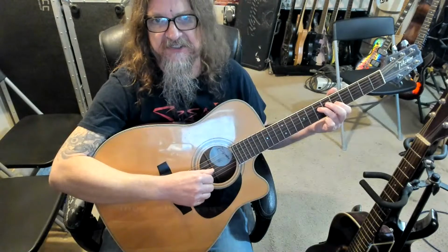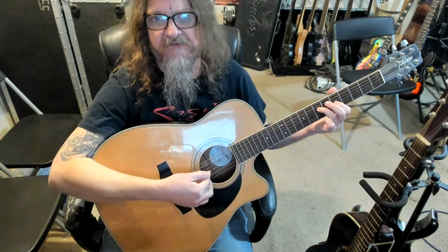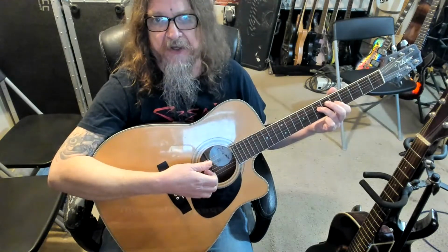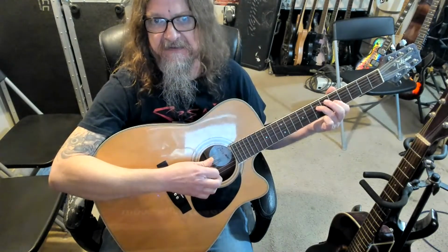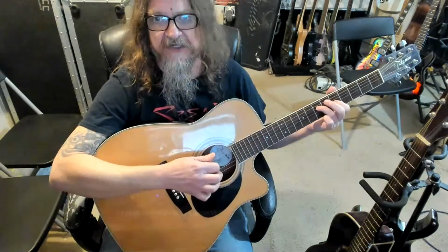So the thumb is simply picking down. And then for the G, B, and E strings where you're using your fingers, you want to just pull your finger back like this, like you're pulling a trigger. See how it's keeping my hand in place? You don't want to be doing this, because the more movement you do,